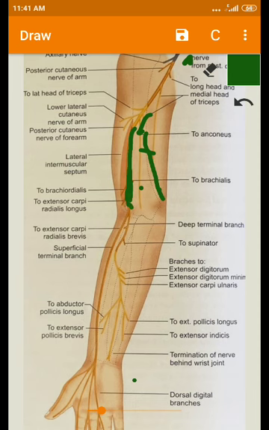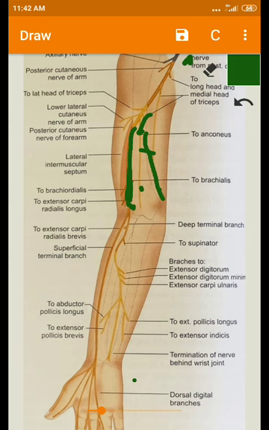So after descending at the lower end, it passes in between these muscles. One is the brachialis on the medial side and brachioradialis and extensor carpi radialis longus on the lateral side,